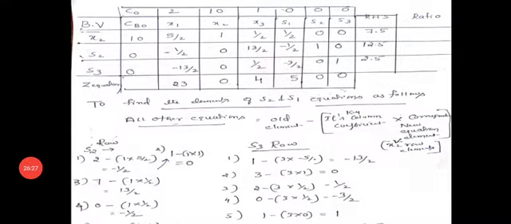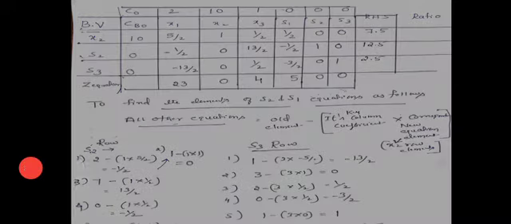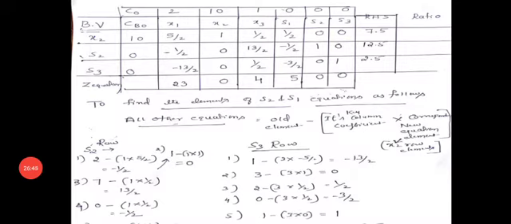Now you see here, in Z equation, after each and every Z equation, we need to see whether the value you got in Z equation is greater than or equal to 0. If it is, then you stop and go for getting the solution. Since all the elements in Z equation are positive, you stop it and don't go for the next iteration, and you need to take the corresponding values.